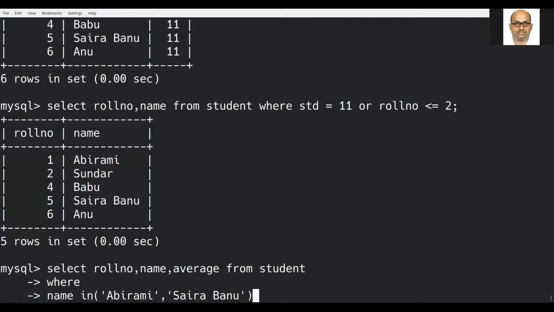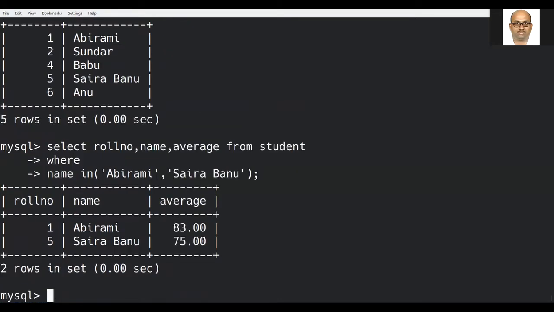So this is a command trying to display the roll number, name and average of the persons, namely Abhirami and Saira Banu.